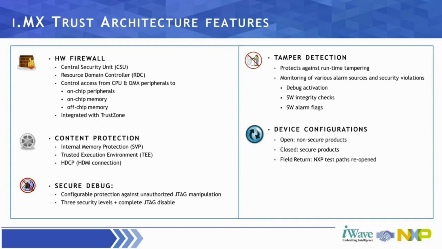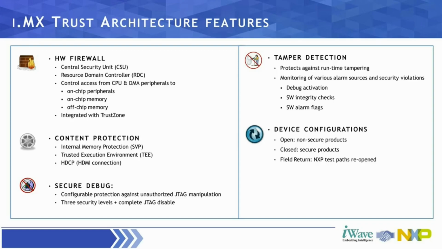I talked about firewalls. Another aspect of our architecture is the possibility to isolate processing domains into different domains of execution. We have several flavors of our firewalls, CSU, RDC. The goal is basically to isolate a CPU with some peripherals from execution. So we could see a Cortex-A with some peripherals that is isolated from another domain, probably a Cortex-M with other peripherals.